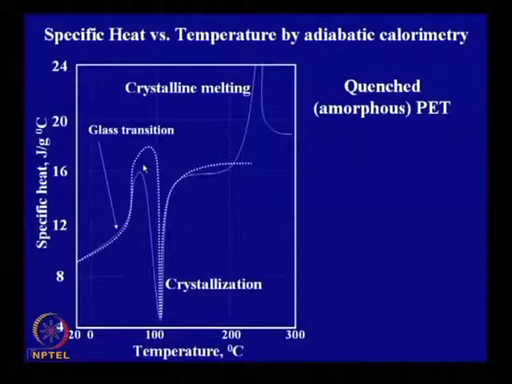Then gradually it undergoes a segmental movement, and which helps the crystallization or molecular ordering within the system. So, it shows crystallization temperature also, and beyond the crystallization temperature, if the temperature is further increased, then it melts, showing the melting transition, and beyond melting again you can have certain inflection due to degradation, and those things can be very clear if one